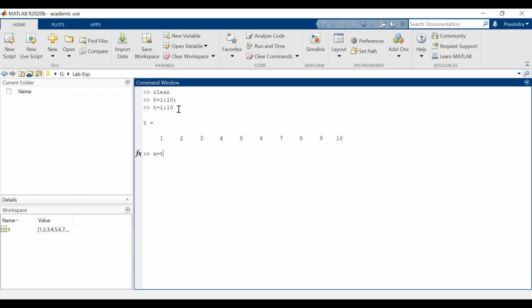This matrix or vector should be multiplied with the sine t. Sine t is again a vector, because for different values of t you will get this sine t. So you multiply every column, for one value of t and the same value, like t equal to 1, so 1 into sine 1, 2 into sine 2, so every element is going to be multiplied. So you have to write dot into